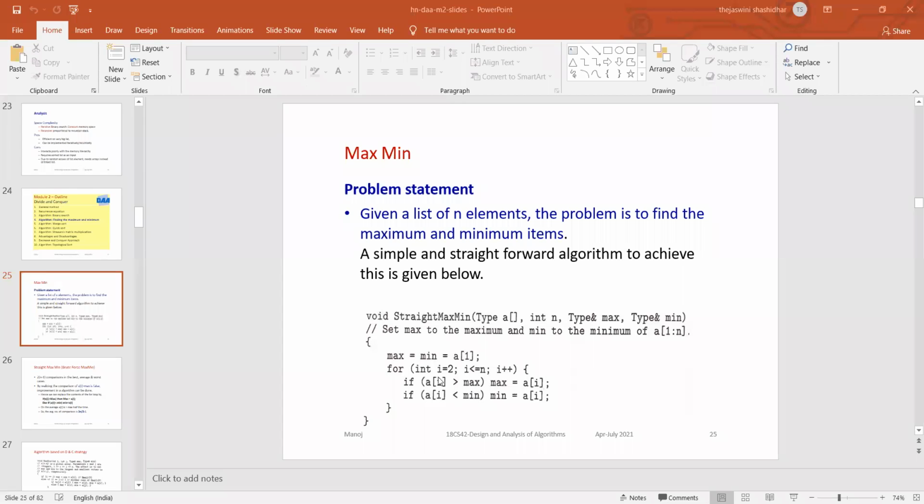So two comparisons for how many numbers? Keep in your mind, for how many numbers do you have to keep comparing? How many times? Suppose there is an array of n elements. Okay. So there are n elements. Here you are comparing two times for the second element only. For the first element, no comparison. Second element with first element you are doing. Next, third element with second element.